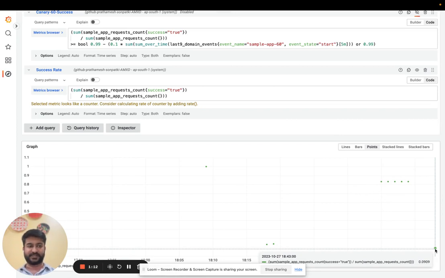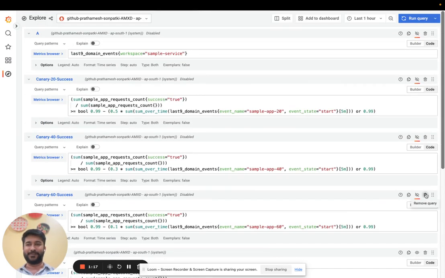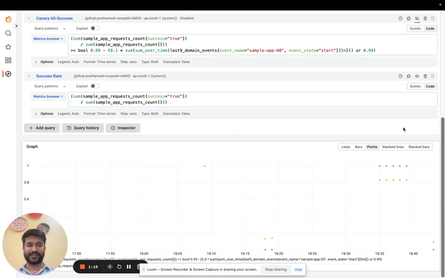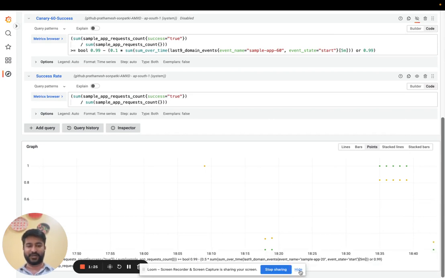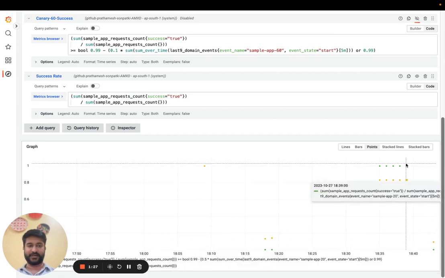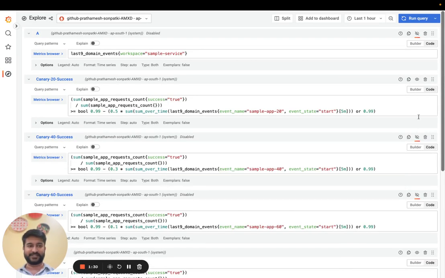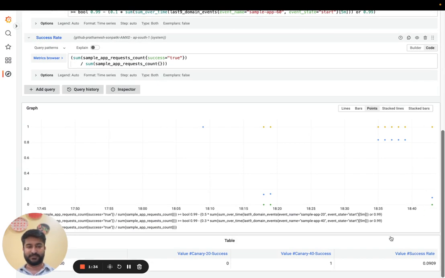What that means is that I sent too many error requests, which caused it to fail. But if we see the success rate for Canary 20, it has also reduced massively. In fact, it has almost become zero right now. And the same will be the case, I think, for the 40 and the 60 percent as well. In fact, it has not even gone there because it has